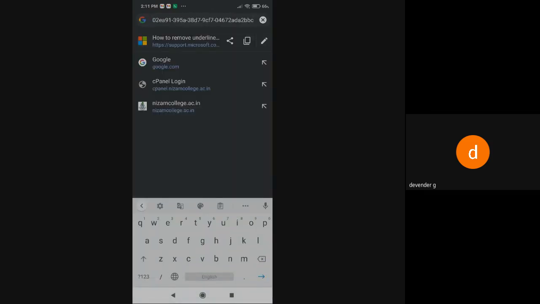I'll try to edit this one. Now you can see there is something like 02EA9139 here, no? So this can be done only with the get option. What will the get option do? It will take the parameters along with your file.